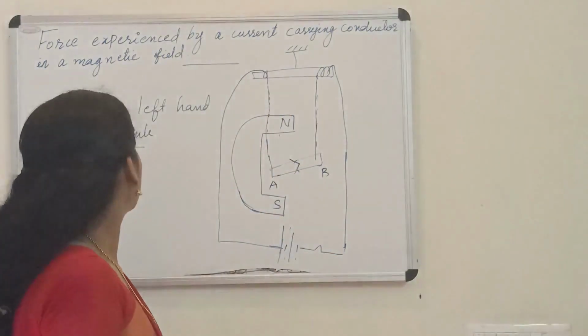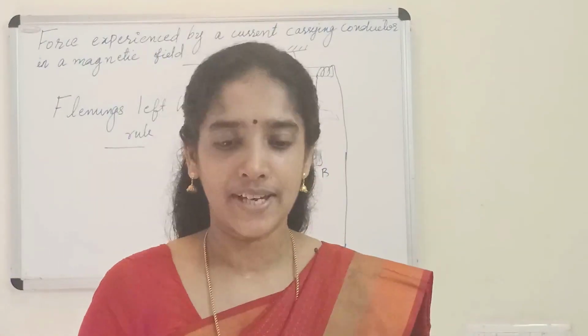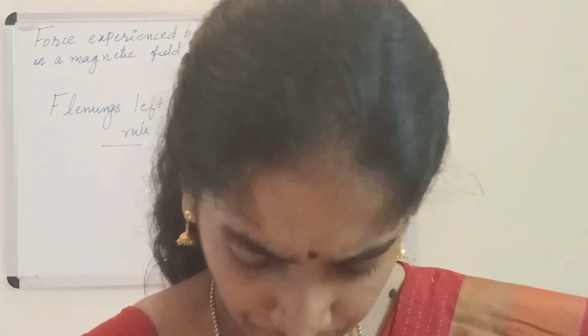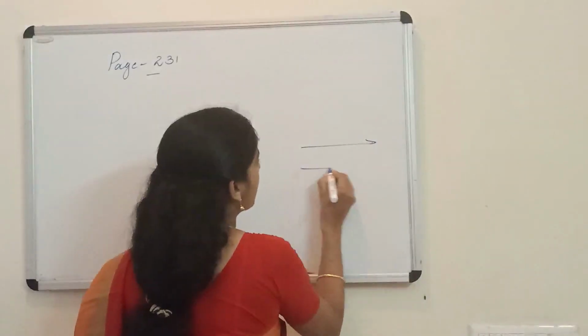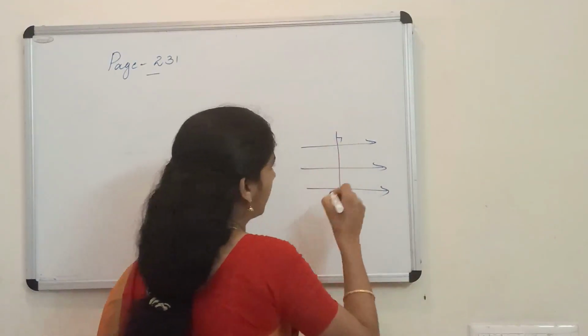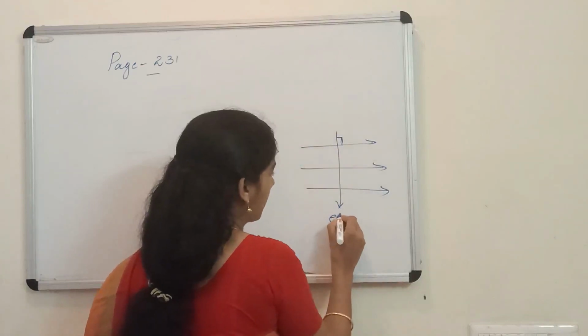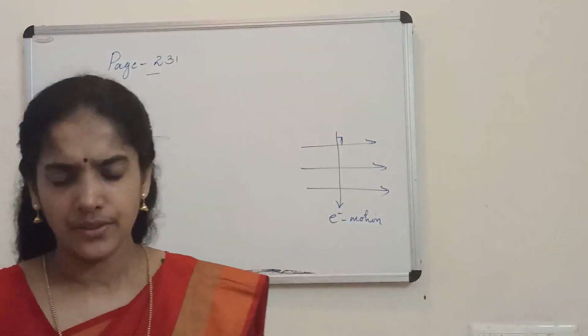Okay. So next, before we wind up this one, let us have a look at the questions given in the NCERT. So here I have the text. All of you see page number 230. First we will see the example. It is given that an electron enters a magnetic field at right angles to it. Magnetic field is like this. So this is the direction of electron motion. Electron motion is vertically downward as per this figure. So what is asked here?